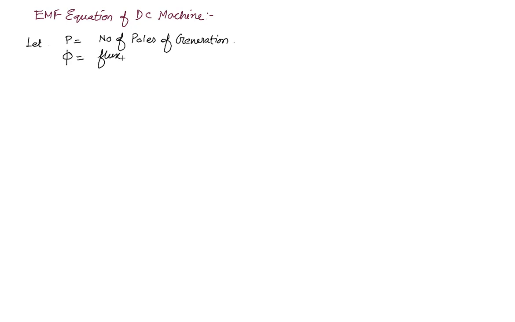Flux produced by each pole. That means the number of poles is P and the flux produced by each pole is phi. So the total flux produced is phi into P. We'll come to that later. Now, this is a very important thing, because this is the topic we should stick to, that is the speed, and we have to control the speed by various methods. Here N is the speed